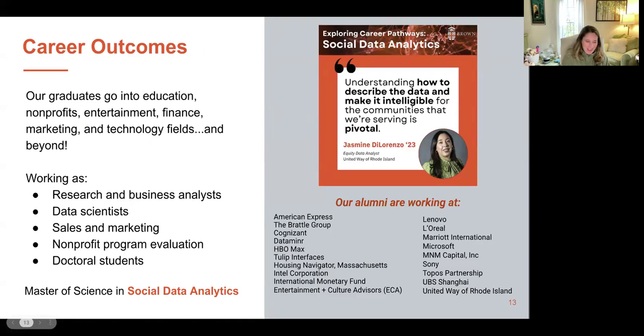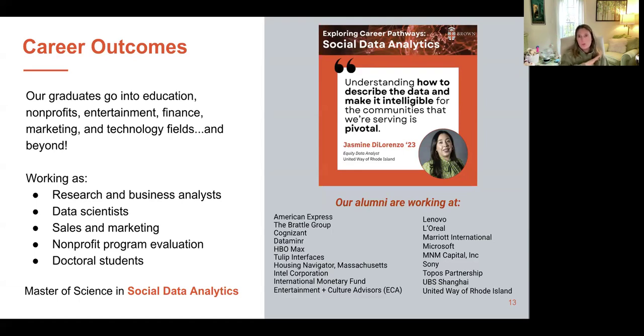And really, all of that culminates in you moving on from Brown and getting a job. It is a short 9 months that you're at Brown for this program. And so we start right away with talking about what's next, right? And how does this program in social data analytics help you get to that next place that you want to be in? That's really one of the most important things we're thinking about: you come to Brown, you're learning skills. How can we help you better articulate the skills that you're learning to employers in order to land that next position?